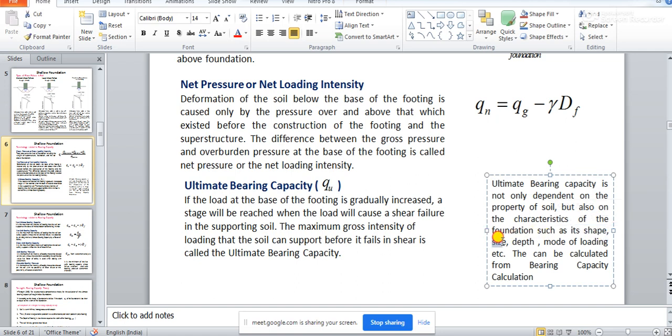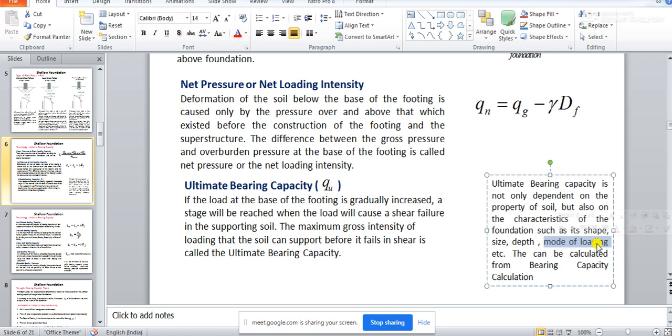What is the size of the foundation? What is the depth of the foundation? What is the mode of loading of the foundation? What is the effect of presence of water table underneath the foundation? All those things will come into picture while you will be finding out the ultimate bearing capacity of foundation, because